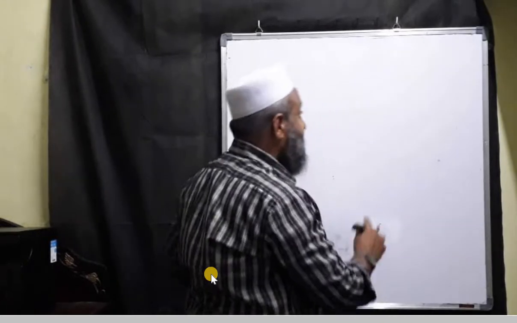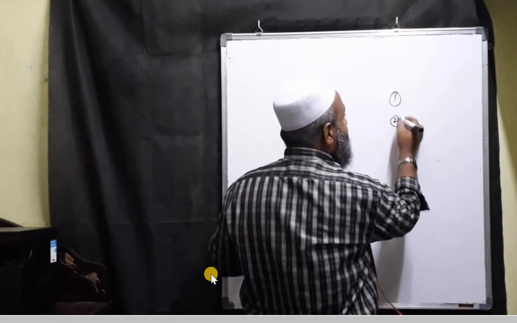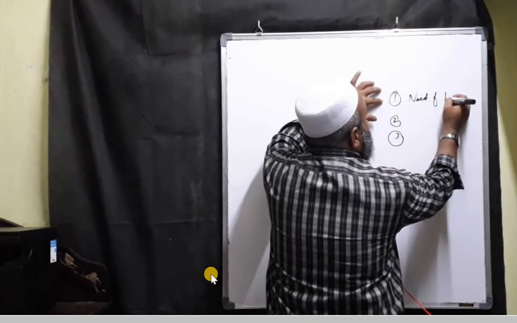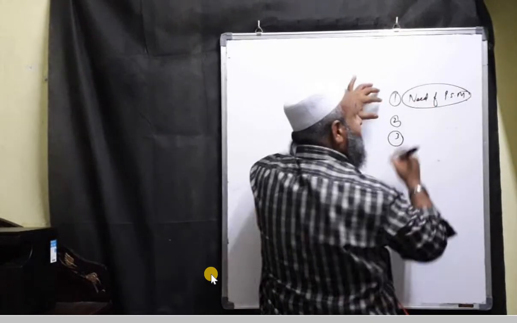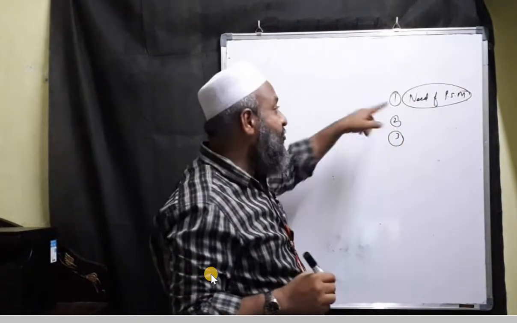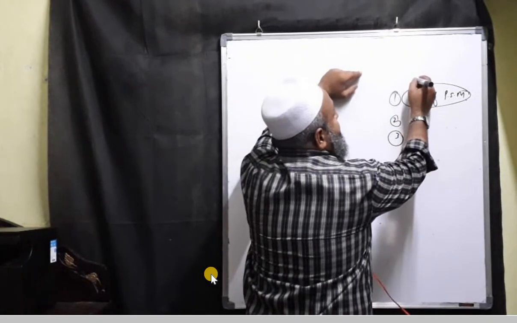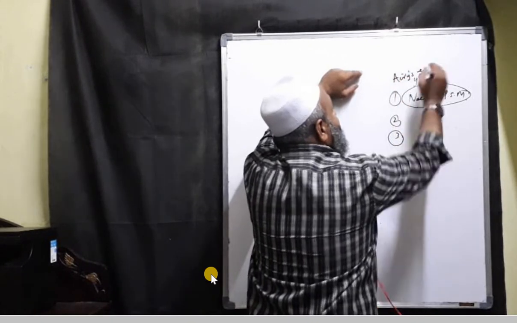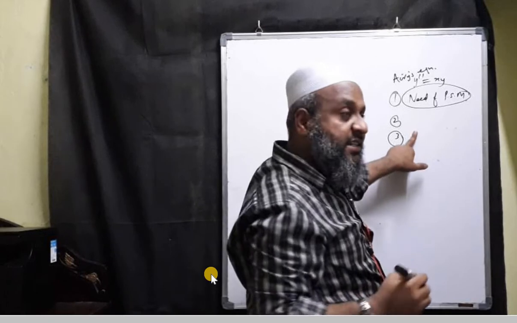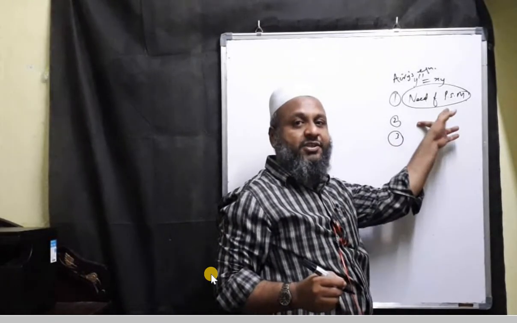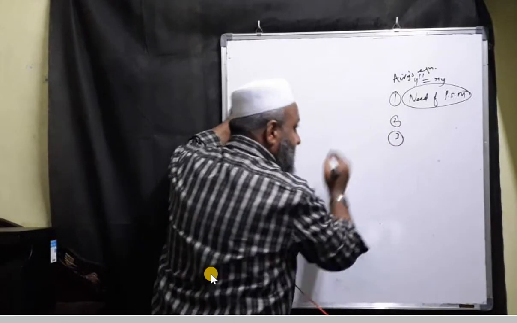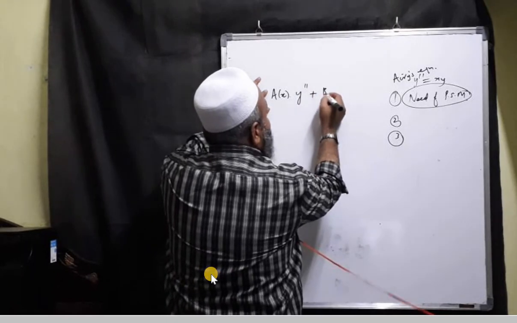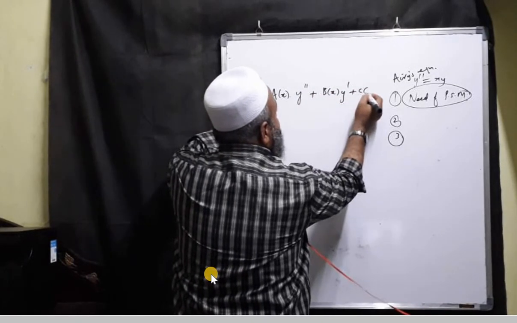So I was about to answer three things in today's session. Number one, what is the need of power series method? Then I said that there are certain differential equations which cannot be solved without power series method, and one example I have given, that is y double dash is equal to x into y, and it is a very famous equation, that is Airy's equation. Coming to the second point, under what conditions we can guarantee that there will be a power series solution available? Then I am answering that issue right now. Suppose if you write it as a of x into y double dash plus, I am limiting this for second order and it can be extended for any order.